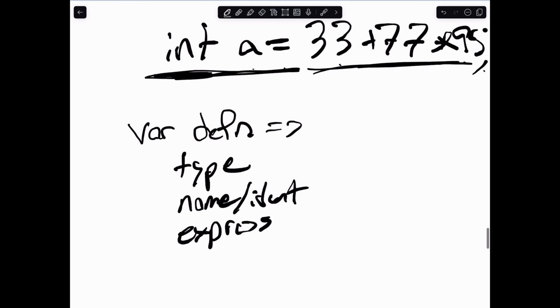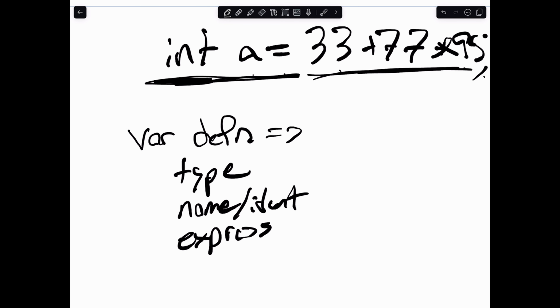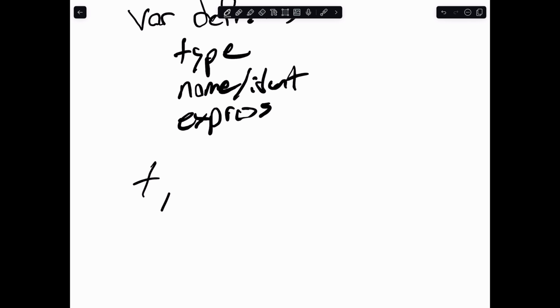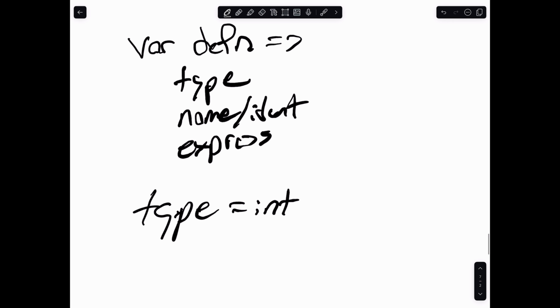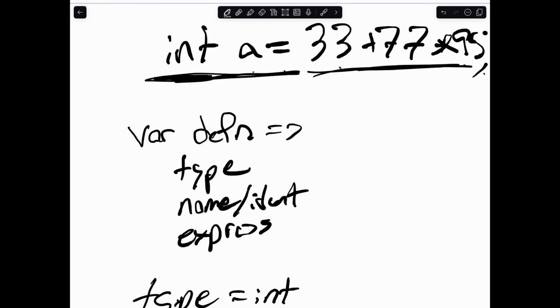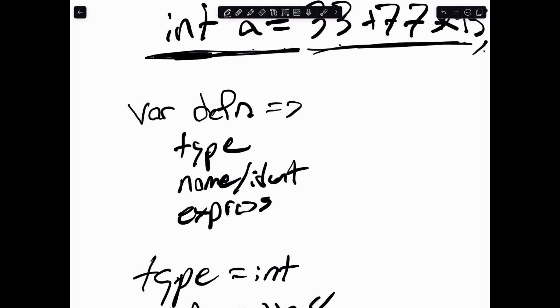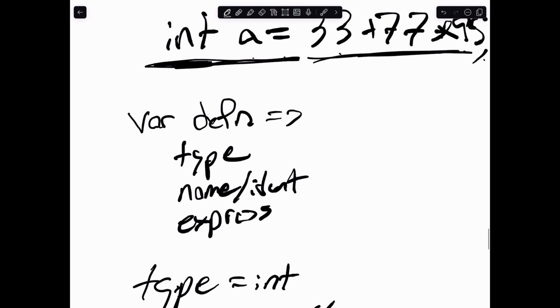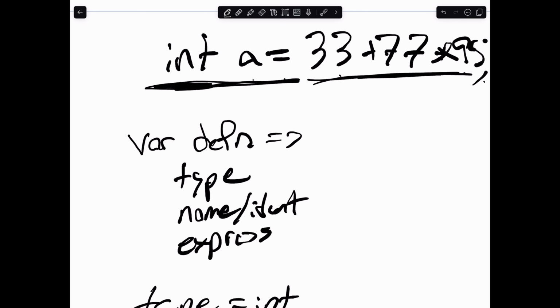So how I'm going to construct this is I'm going to store, I know, okay, my type equals int, my identifier equals a, and then, right, but the nice thing is since I know I'm in a variable definition, I know exactly what a variable definition should look like. So in our syntax, I say int keyword, identifier, assignment, some expression, and then a semicolon. So I can put that logic into the parser. I can say, all right, I expect an integer keyword, I see it, I consume it, I go to the